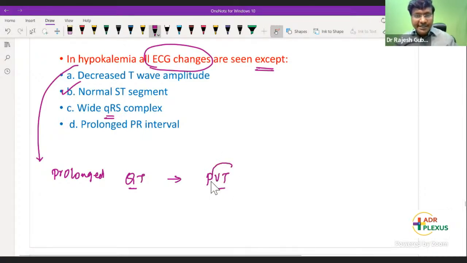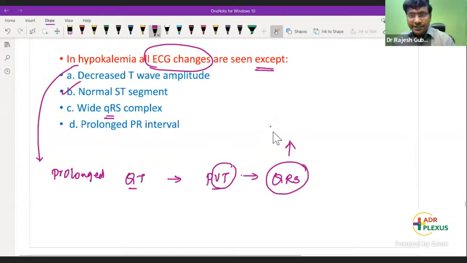In case of ventricular tachycardia, how will be the QRS complexes? Is it wide QRS complex or narrow QRS complex? No, Kumaran, it is wide QRS complex. Narrow complex tachycardias, they are your SVTs, supraventricular tachycardias. PSVT, paroxysmal supraventricular tachycardias, are your narrow complex tachycardias, whereas VT is a wide QRS complex tachycardia.